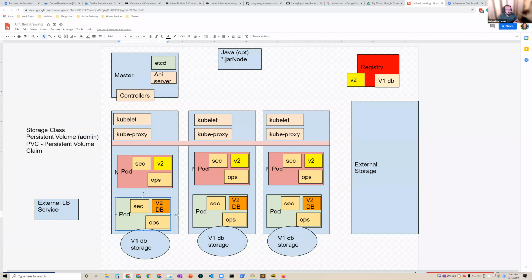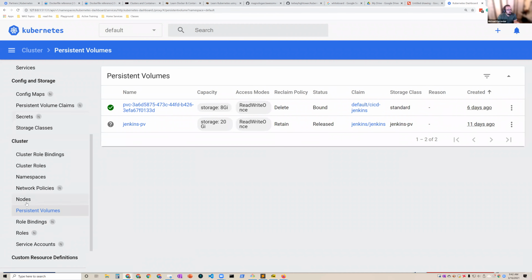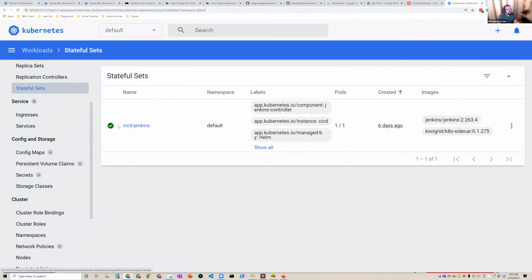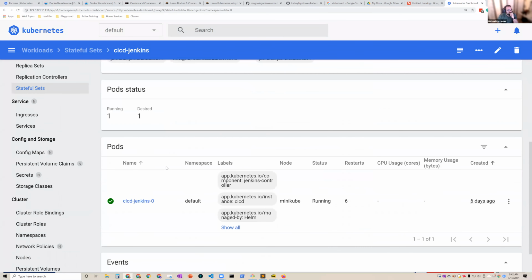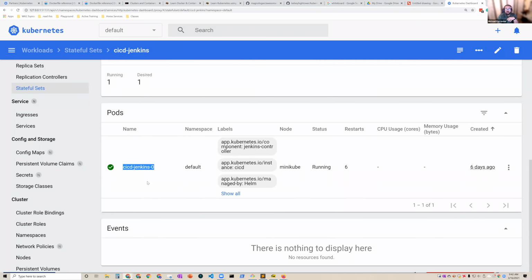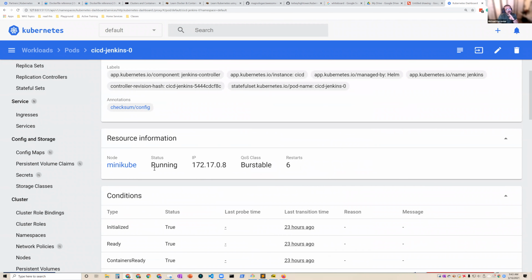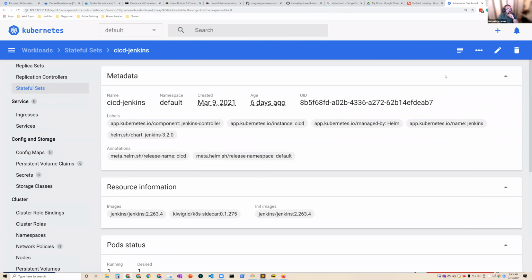By the way, since these are stateful set pods in green, because they're running stateful applications, in this case MySQL, the pod name is going to stay the same. We saw this when we were looking at the Jenkins dashboard, because if I look at the stateful set in the dashboard and I look at these pods, this particular pod ends with a 0. The next pod is going to end with a 2. The next pod is going to end with a 3, right? And so if I come in here and modify this,